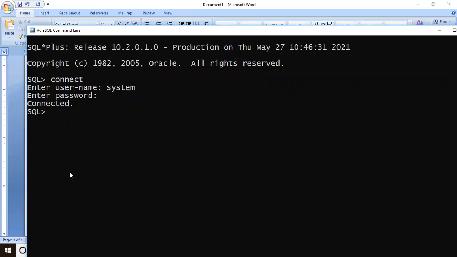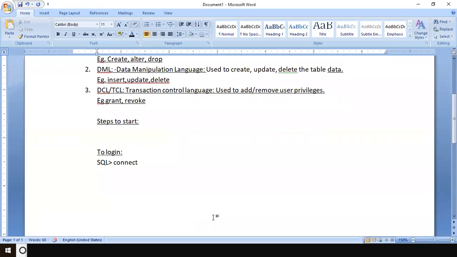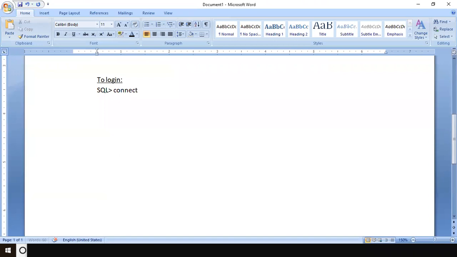Okay, now the first command we are going to learn is create table. You know that every piece of information in Oracle is stored in the form of a table. So I will just make some bullets here. Create table is a DDL command.